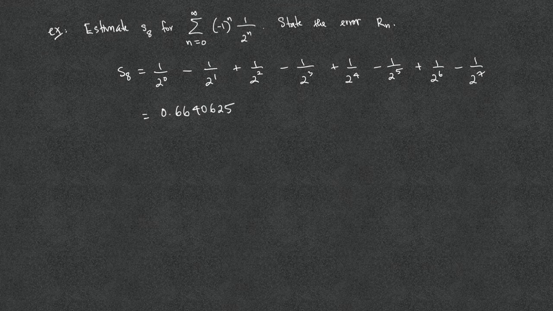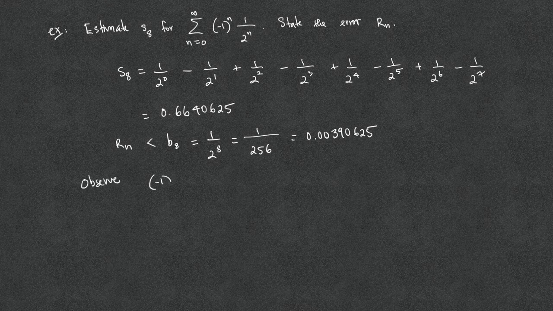And this is 0.6640625. The remainder theorem states that the remainder is less than the next unused term, which is b sub 8, which is 1 over 256, or 0.00390625. But observe that -1 to the n times 1 over 2 to the n is -1 over 2 raised